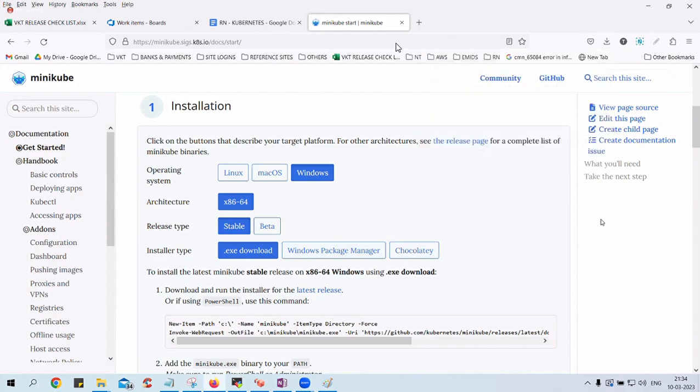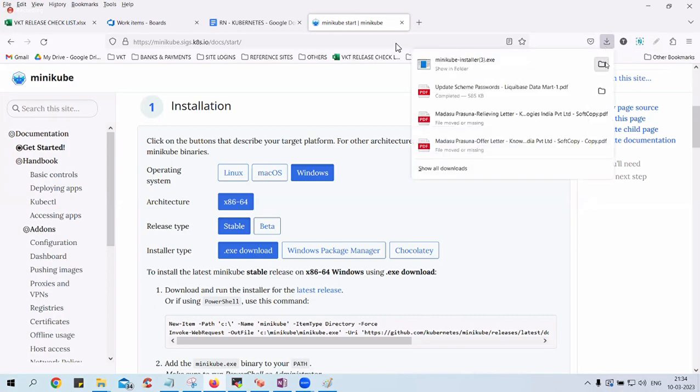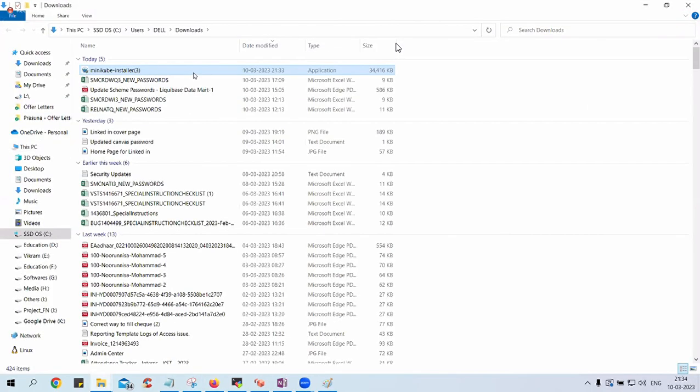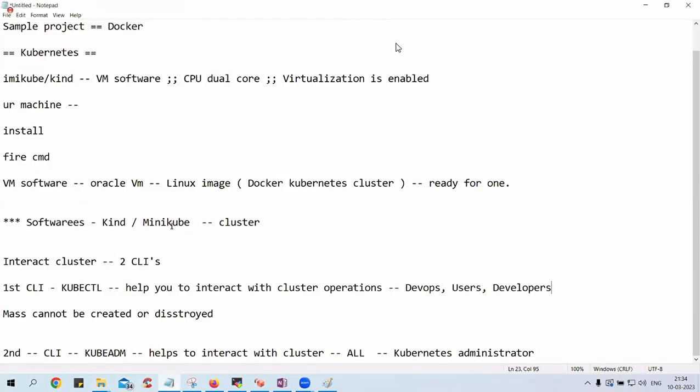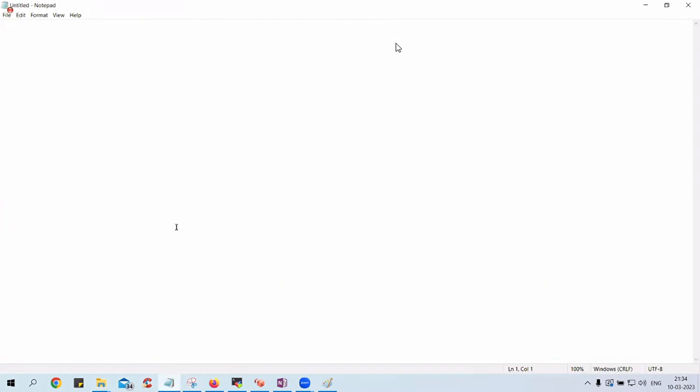Once the download is finished, what is our duty? We have to right click and proceed with installation. While installing, you just have to proceed: click next, next, next, next, finish.